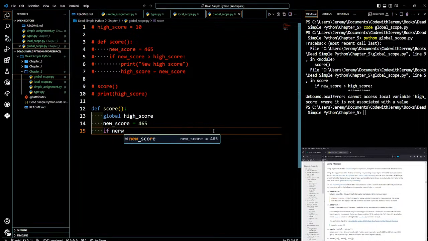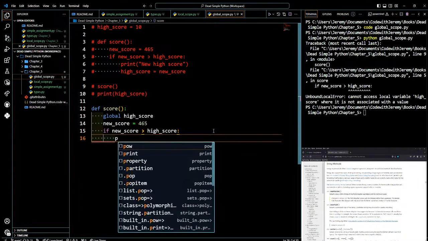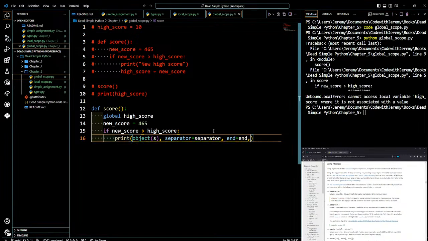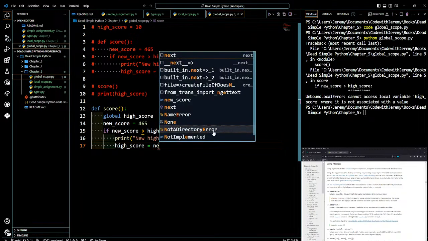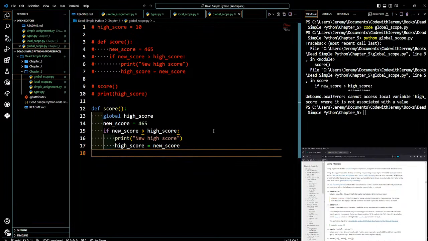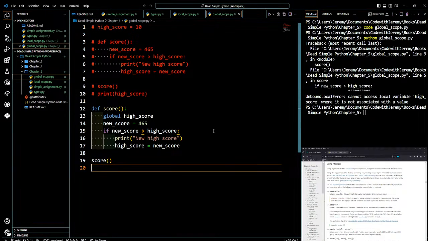And then if new score greater than high score, print new high score, and then high score is equal to new score, and outside we're going to hit score and then